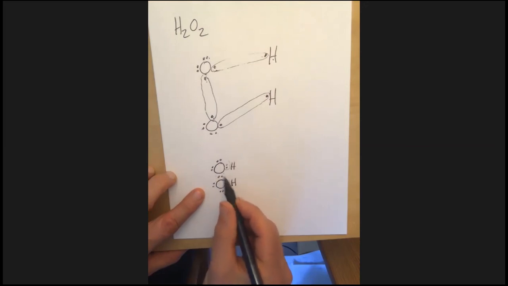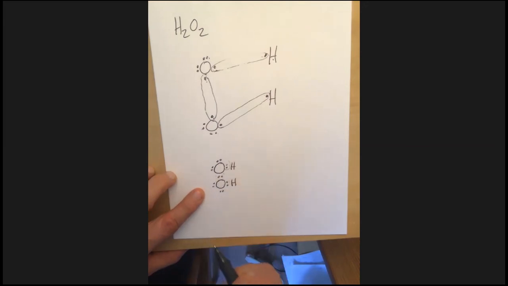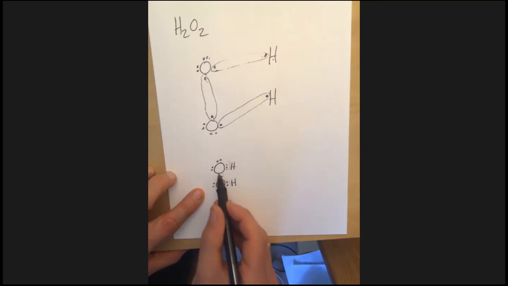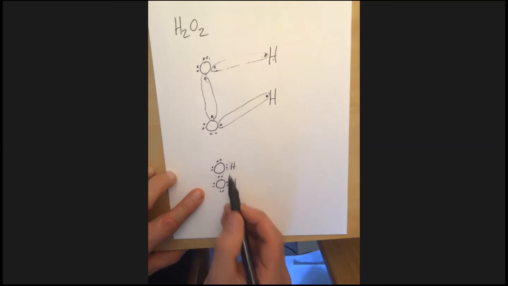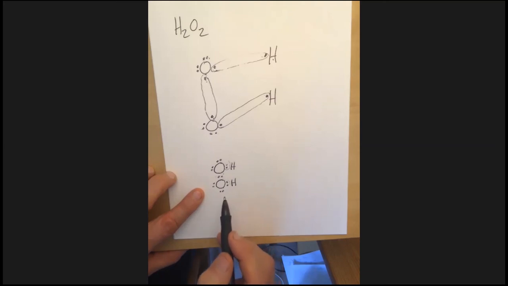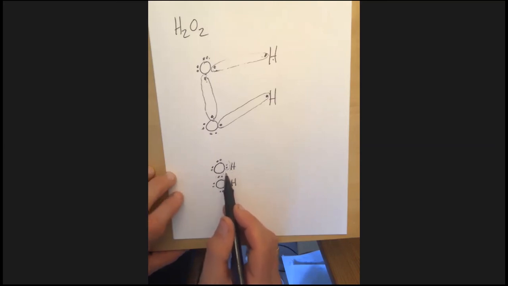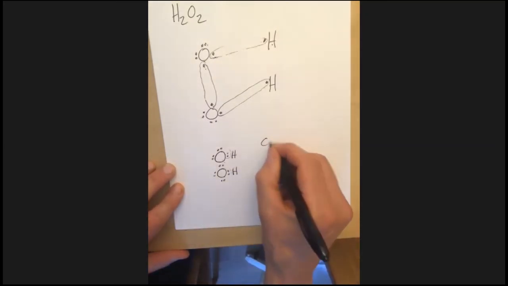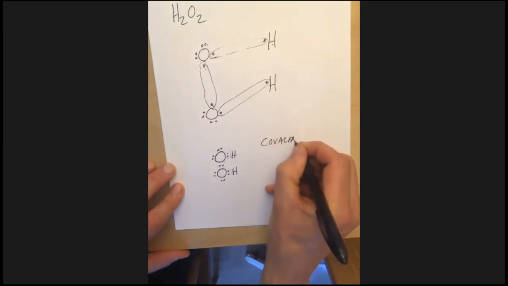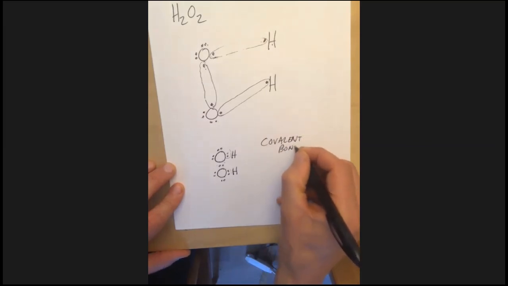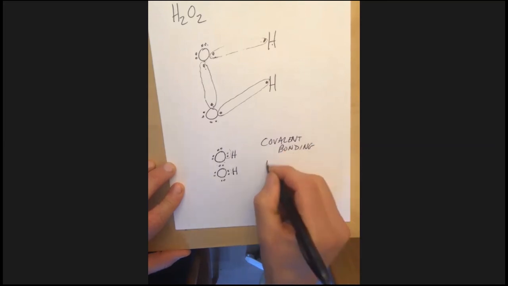Here's my covalent bond. Here's my covalent bond, where the electrons are shared between my hydrogen and my oxygen, or in this case, between my oxygen and my oxygen, or my oxygen and my hydrogen. So we made perfectly legitimate compounds sharing those electrons between the hydrogen and the oxygen. And so covalent bonding helps explain